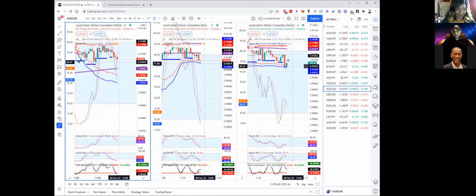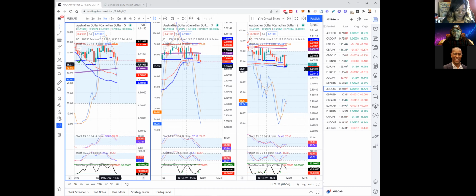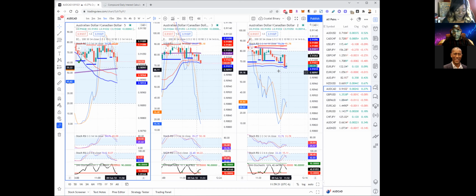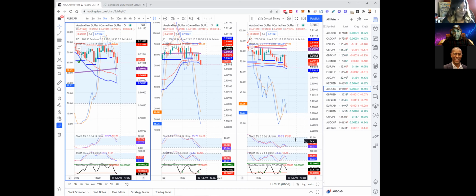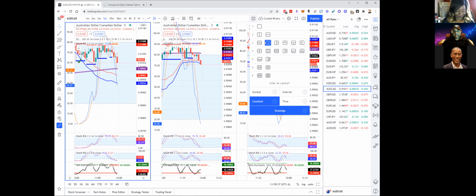So I'm looking at the 2-minute chart and the 3-minute, and I'm looking for the movement to happen on the 2-minute first. I'm waiting for my indicators to line up. Then I'll take an early entry on the 3 or the 5, because the 2-minute is tipping me off to what's about to happen. You could do the same thing. You just come up here to the top and select which layout. I use the 3 layout right here, so I don't need multiple monitors.